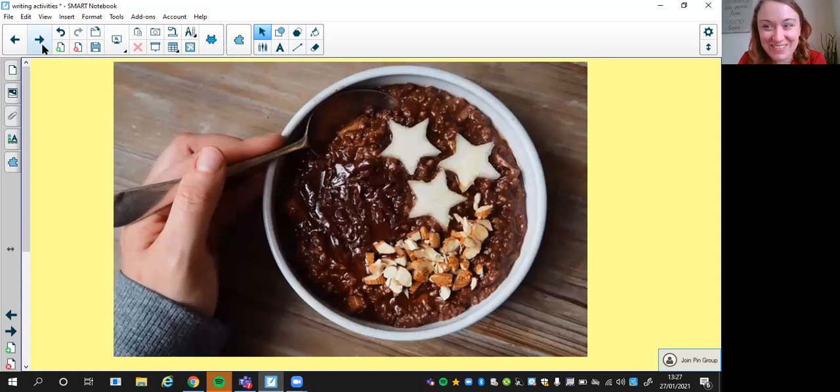I like the look of this one. What flavour do you think this porridge is? What can you see on top? I wonder how they've made those stars. Do you think they've used a fruit, or do you think they've used even more chocolate? I don't know. Well, I hope that gave you some ideas about what you could use as a topping for